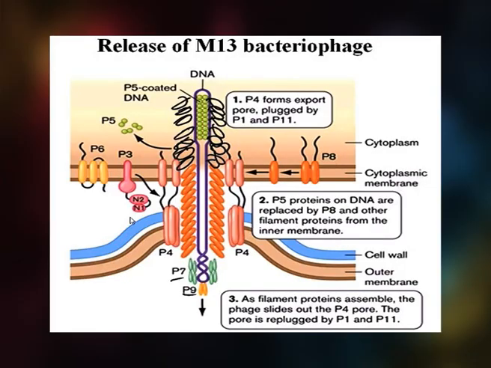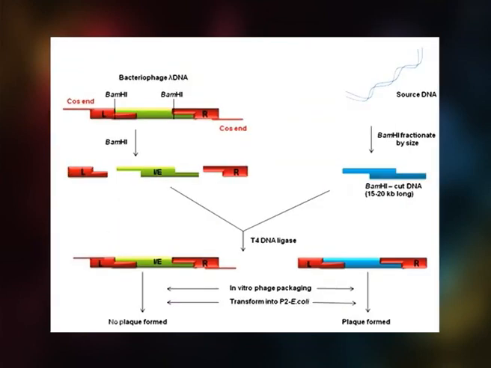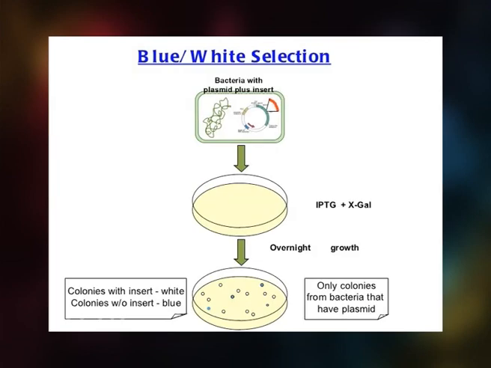Infection of E. coli by a single phage will produce a large amount of single-stranded M13 DNA containing the same strand of the insert DNA. Instead of bacterial colonies, phage plaques will be formed and infected bacteria can be easily isolated from them. M13 phage harbors the lacZ gene allowing a blue or white selection system for screening of recombinants. Single-stranded DNA cloned into M13 phage can be subjected to sequence analysis.